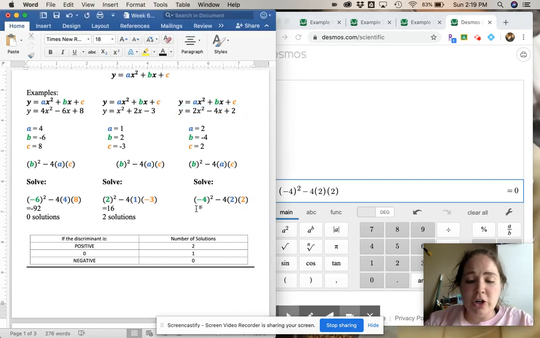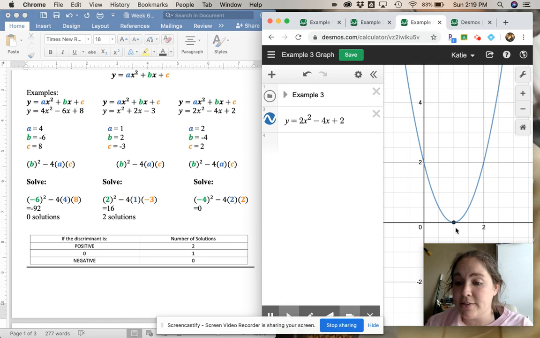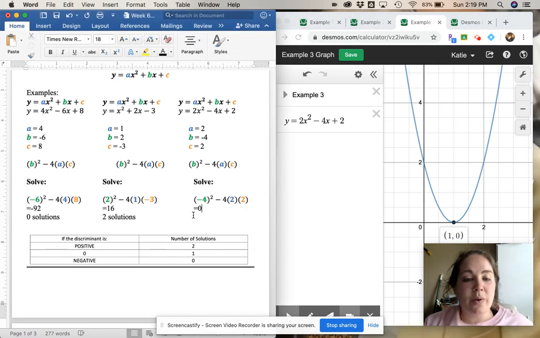So if we look at our chart over here, if the discriminant is equal to 0, that means I only have 1 solution. So when I go over here and look at this graph, I should only see 1 x-intercept. Right here, that's what I see. It only crosses the x-axis one time, okay? So I've got one solution when the discriminant is equal to 0. Remember, the discriminant doesn't tell you what the solutions are. It just tells you how many there are going to be,